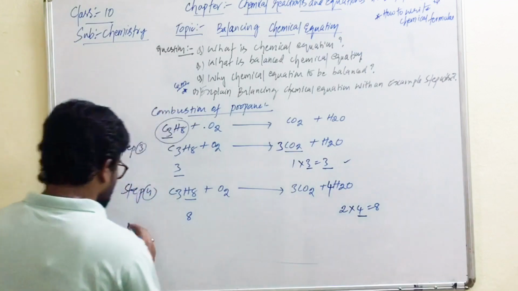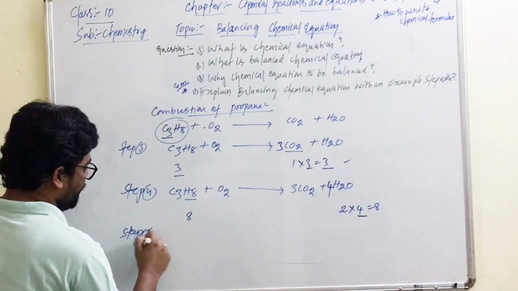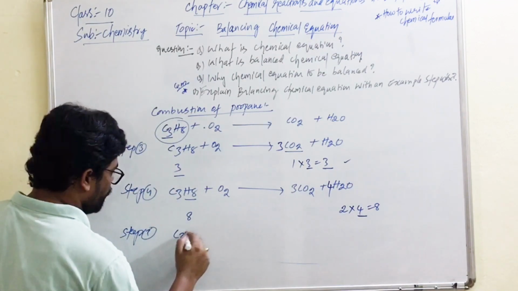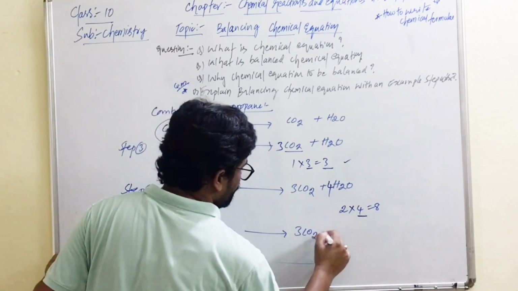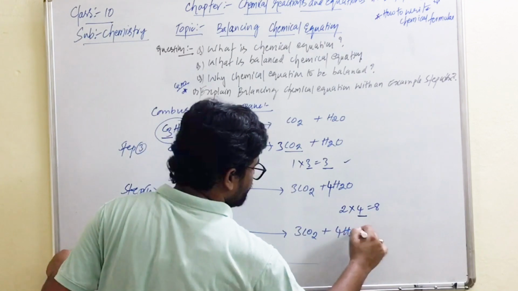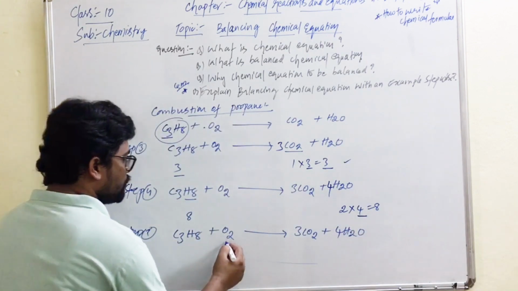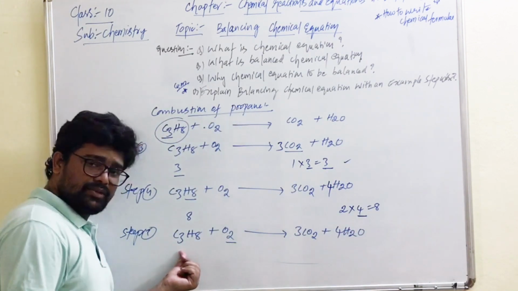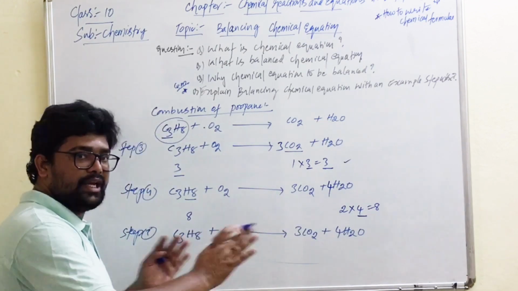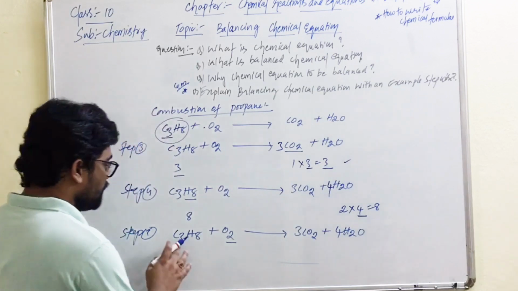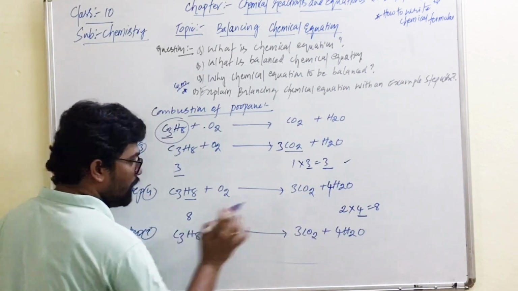Now the next step, step number 5. Step number 5 के लिए step number 4 लिखिएगा, right? C3H8 plus O2 gives rise to 3CO2 plus 4H2O. Now finally count oxygen atoms. Now carbons are balanced, right? चेक करो, हर बार जब आप बैलेंस करते हो तो रीचेक कर लेना चाहिए इक्वल है या नहीं, right? So here 3 carbons, 8 hydrogens, 8 hydrogens.